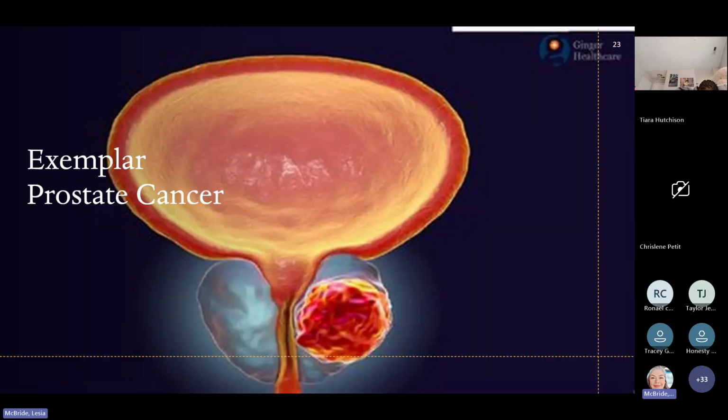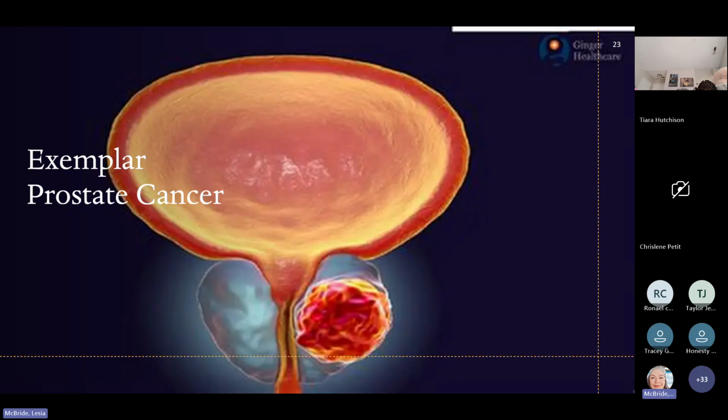Okay, this is prostate cancer. Again, the prostate is the male gland. The bladder is, of course, up in the abdomen. Below the bladder is the urethra, which is quite long in the male. On either side is a walnut-sized gland called the prostate, and it encircles the urethra. As it increases in size, it starts pressing on the urethra, which can cause difficulties with urine flow.